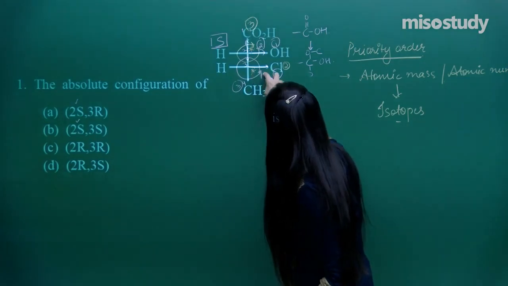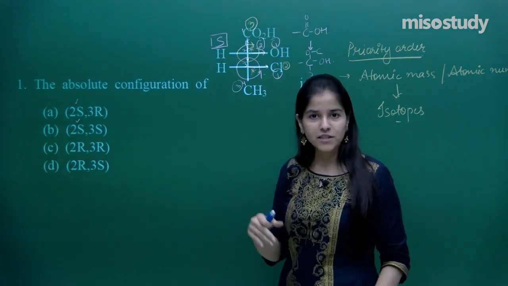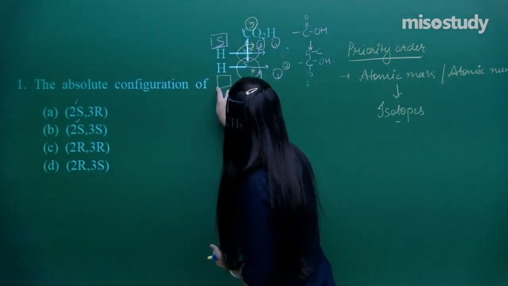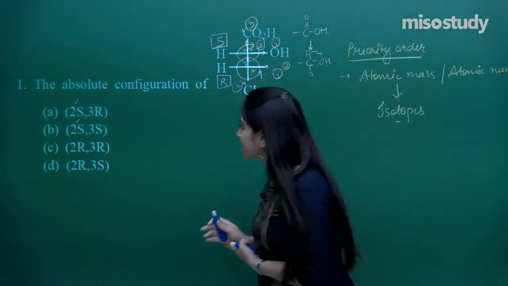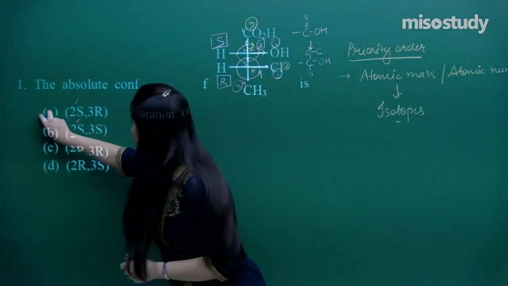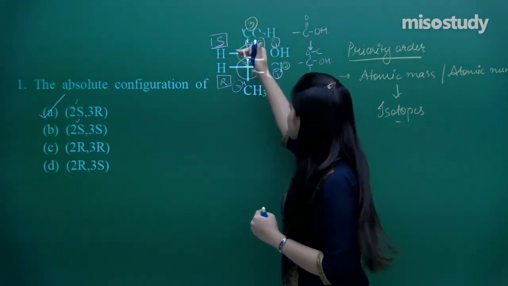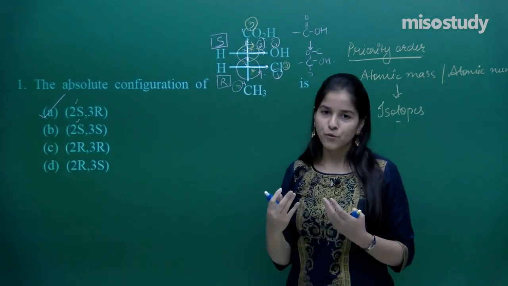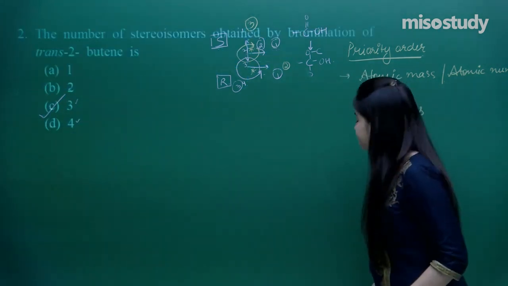So that is anti-clockwise direction, meaning S, but over here the hydrogen is on the horizontal. So again what we are getting is the inverted configuration, that is R. So we get R and the carbon number is 3rd, so 3R. Is there any kind of option? Definitely yes, A is the answer. So I hope you all have got the answer over here. That is how we are going to assign the different kinds of RS configurations to our complicated molecules having more than 1 chiral carbon. So I hope you all have got the idea. Let's move on to the next question.